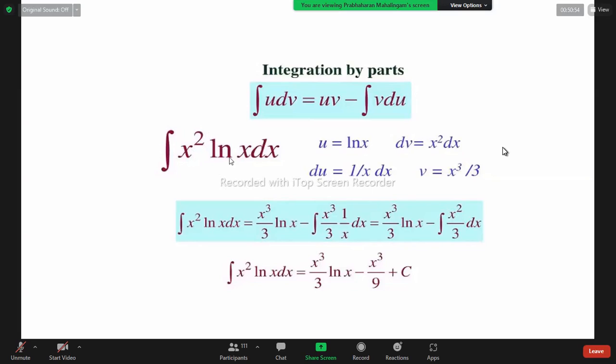x square is there, ln x also there, dx also there. So you will now think x square is there, 2x won't be there. 2x is not there, then what do I want to do? So it is a UV format. Never think about it that way. There are two different functions in multiplied form, the integral sign is in front, dx is there. So you can do the UV format, the integral by parts concept, right?